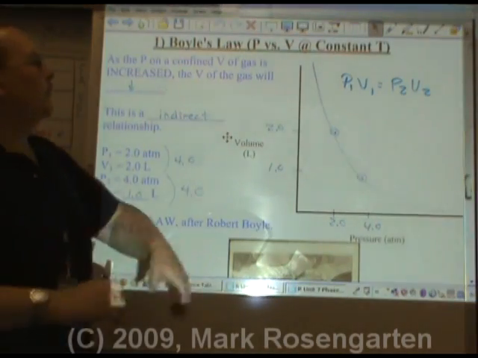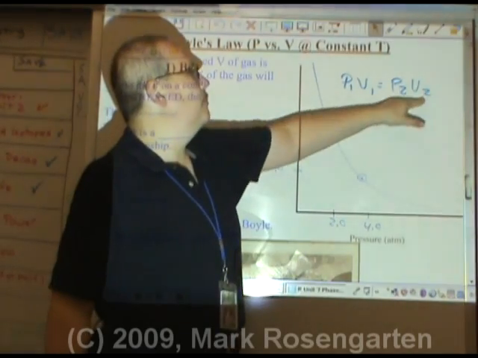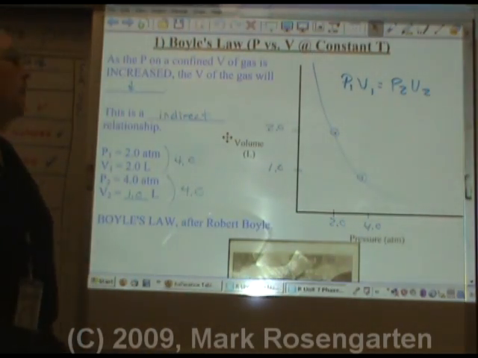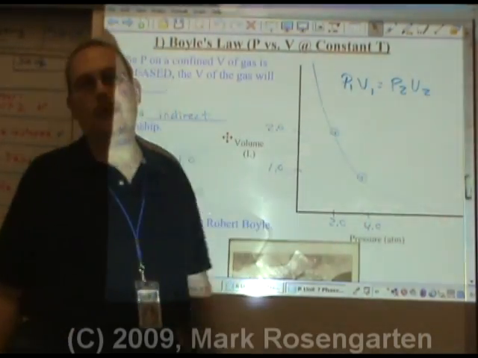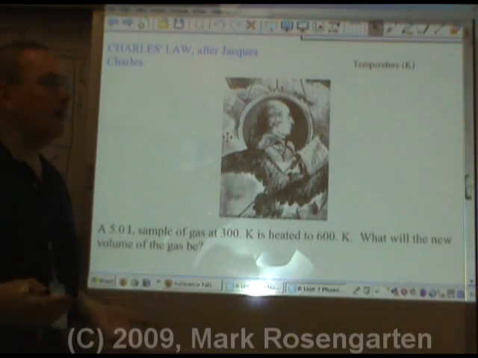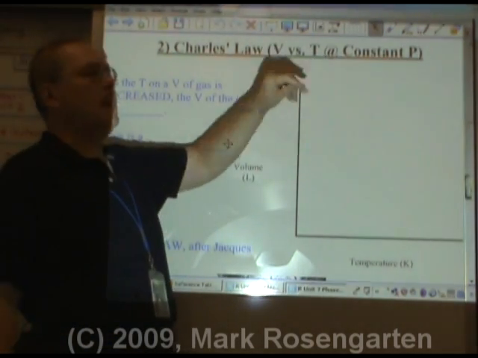What this means is that whatever the initial pressure and volume are, when you multiply the final pressure and volume together, you'll get exactly the same number. You could be asked to solve for any of these variables. We'll do that next. Charles' Law, named after Jacques Charles, is the relationship between the volume and temperature of a